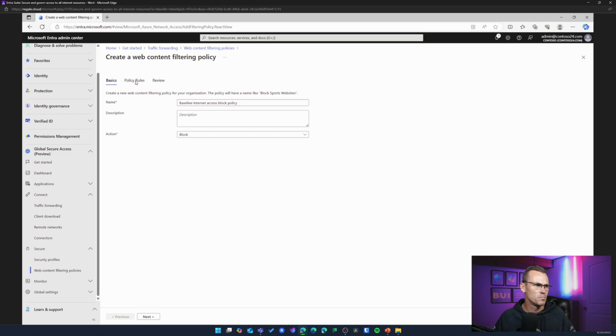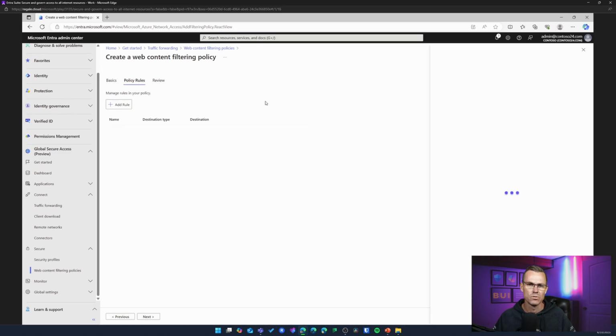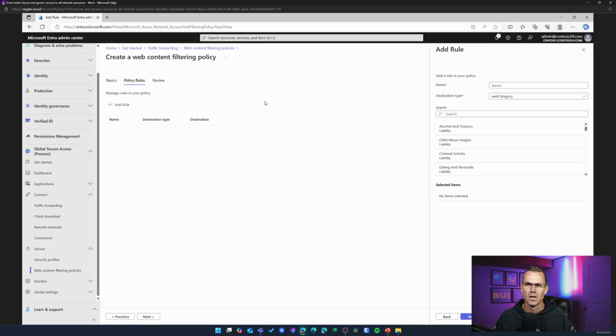We're going to go to policy rules. We're going to add a rule, and we're going to give it a name, baseline blocked web categories. Right, so we want to say what default stuff is going to be blocked. So we have a default allow policy. The next thing that we want to do is create a default block for everybody. So this will be blocked for everybody.